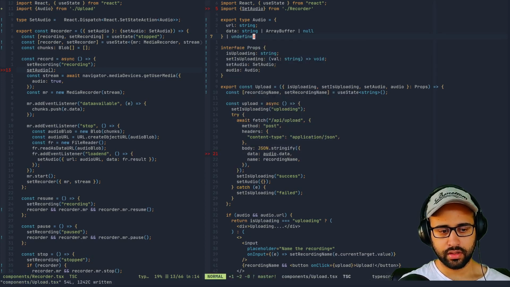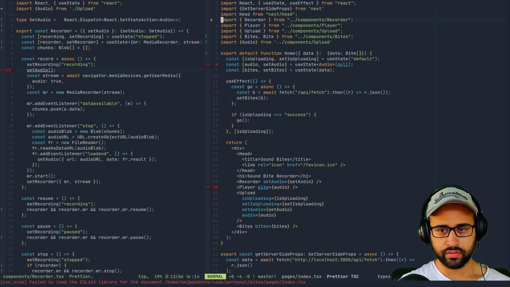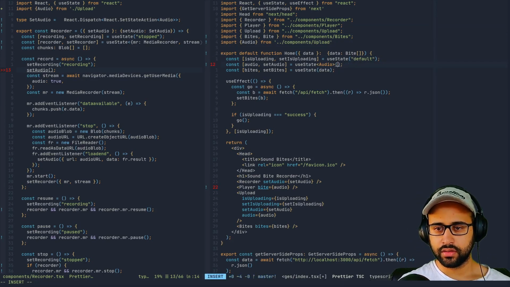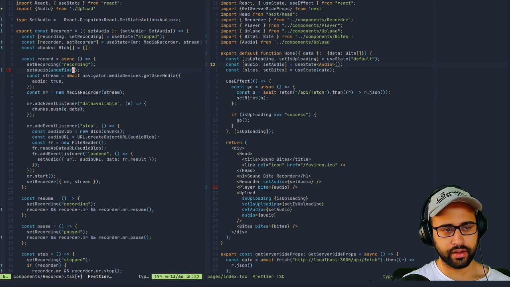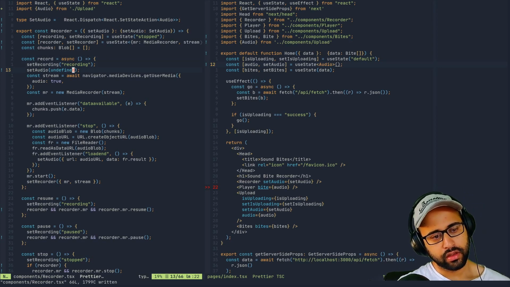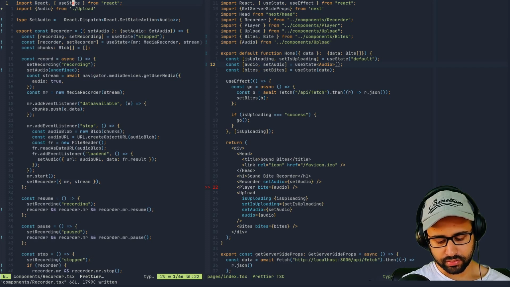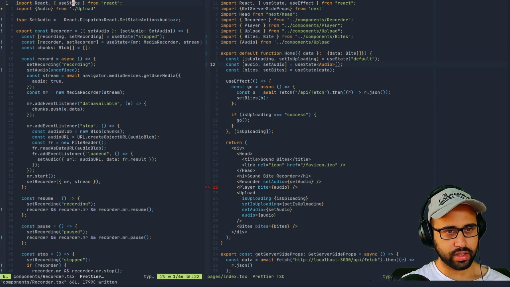Something like this. So if I go to this file now, it certainly can't be null since we have made it undefined. So let's remove this. Yeah, the error goes away. Here it's still looking for an argument. Let's pass it undefined. Yeah, it's happy now. So I think we might have broken something in our components, but that can be easily fixed, so I'm not too worried about that. So this component is actually done.